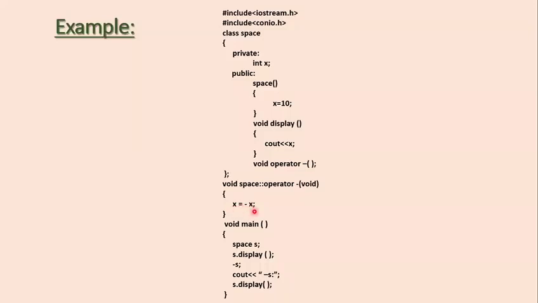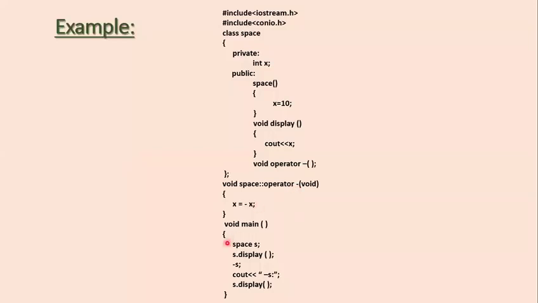Now what task are we going to perform? X equal to minus X, which means whatever the value of X is, convert it into the negative value. Here we have initialized X to 10, so after executing this line, using this function, you are making X minus 10. It will convert your X into minus X, and that value will be put into this X. Okay, now we have created the operator minus.